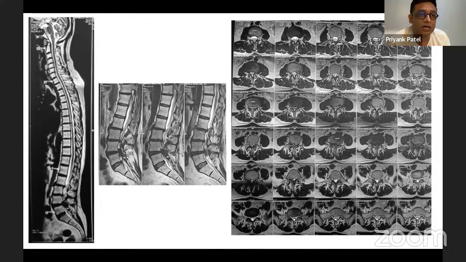So why not fix? Harshal, would you not want to fix this patient? I would love to fix this patient, but the patient has so many comorbidities. Otherwise, I would have definitely done a fixation. If there are no significant comorbidities, I would, because of two things which I talked about earlier. They are kissing facets. If you see, at the upper levels, L2-3 and L3-4 are two levels.